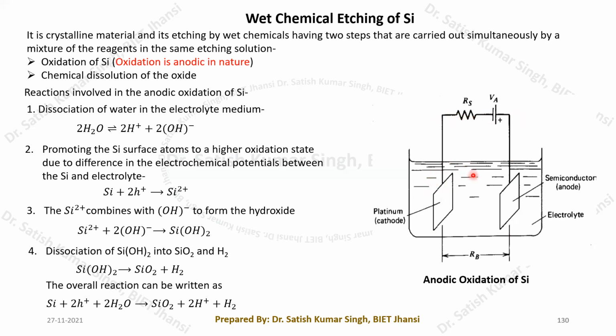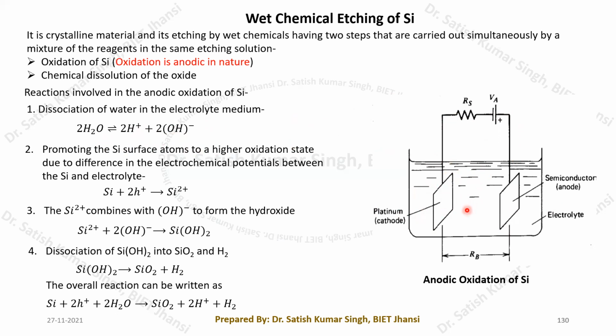Then we have the electrolyte along with the water. Generally, when we pass a certain amount of current, the water available with this electrolyte is going to be dissociated and form these two ions, hydrogen ions and hydroxyl ions, OH minus. These two ions are created once we pass the current through this electrolytic solution with these two electrodes.